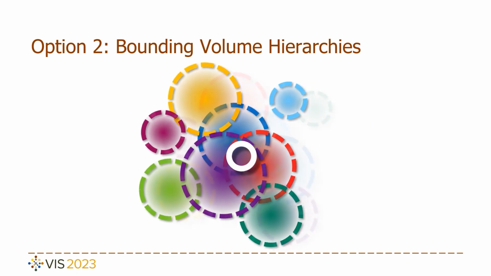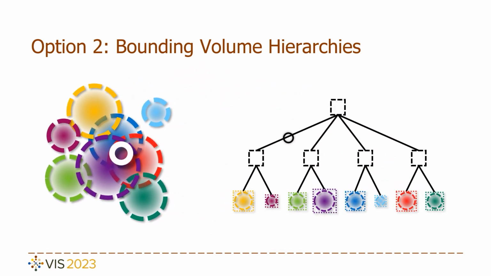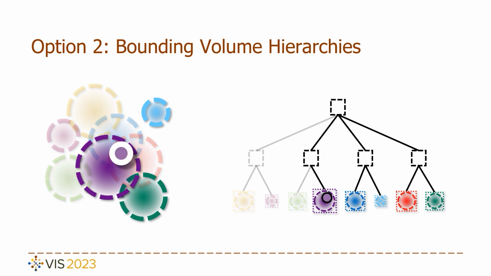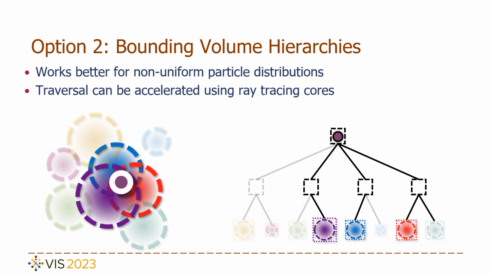These hierarchies decompose our particles into a tree of nodes. With these trees, we can do a depth-first traversal, culling away nodes and particles that are out of range, and only adding up the particles that actually affect our query point. These trees work much better for non-uniform distributions, and on modern GPU architectures, we can accelerate this traversal process using